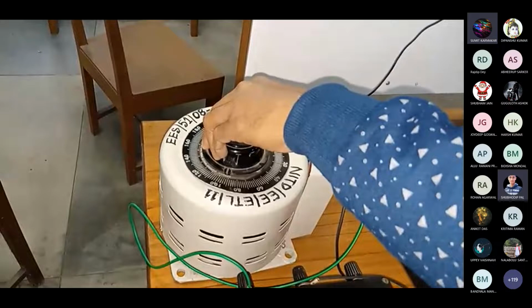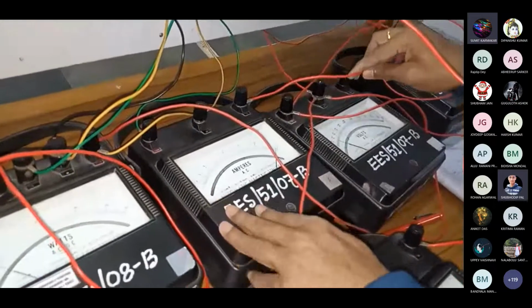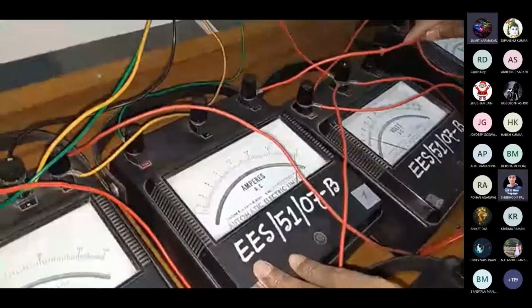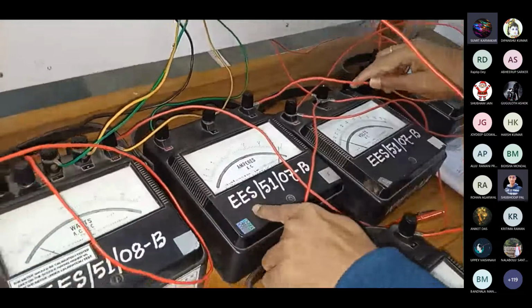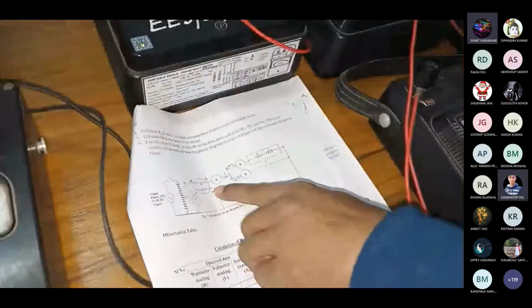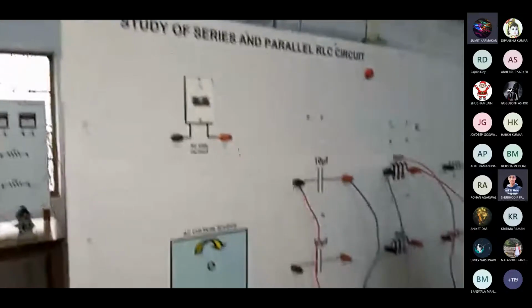Okay, so you can see if I want to give 120 volt, this is going out of range, right? So what we have to do, since we have connected it at 1 ampere, so here, right? It is not permissible. Okay, so that means this ammeter, the resultant ammeter showing, right? So let us change the terminal, right? Let us connect it to this. All right. Now again, we have changed the terminal and we have fixed it at the 2 ampere scale.